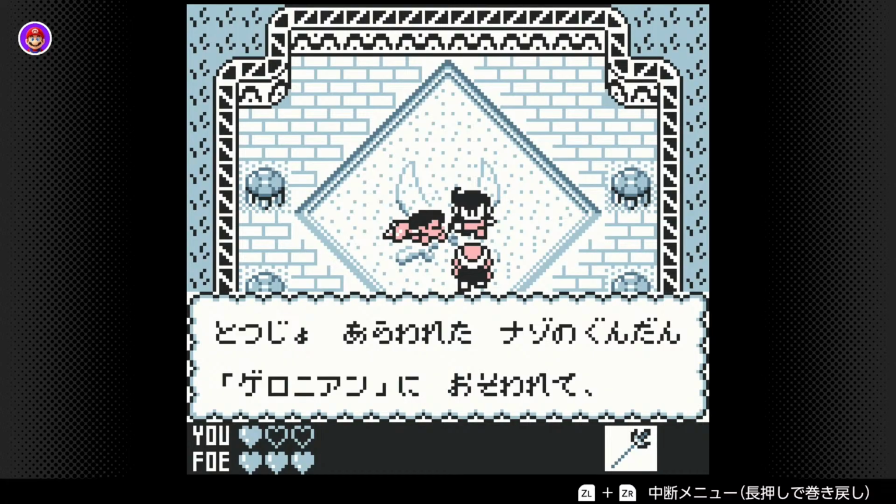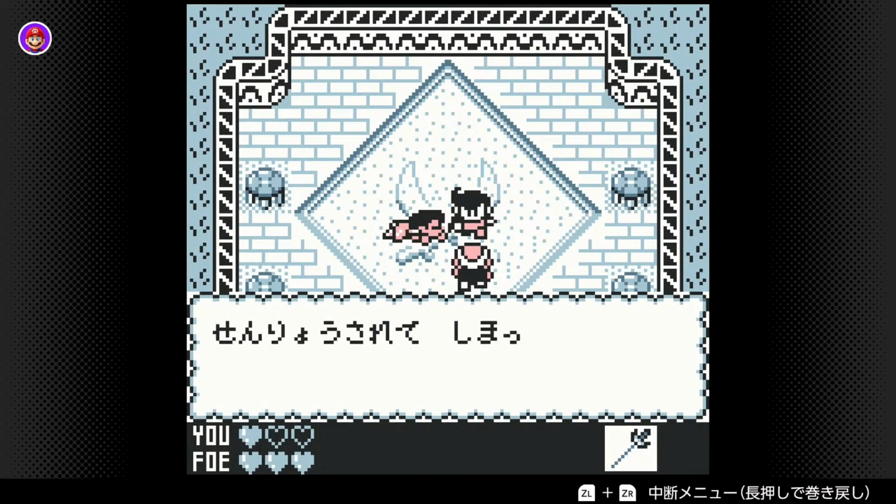We have mentioned, yeah, the Millefeuille kingdom was attacked by Geronian, the mysterious army that appeared suddenly. And yeah,